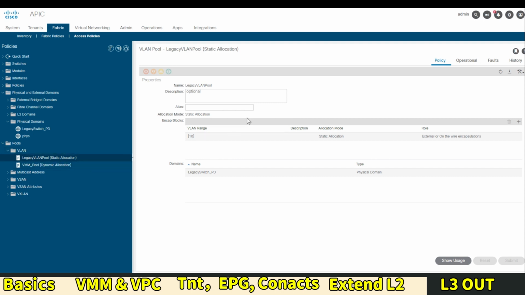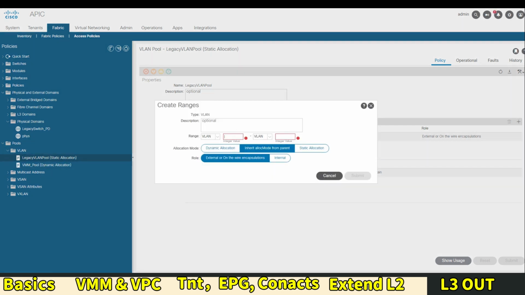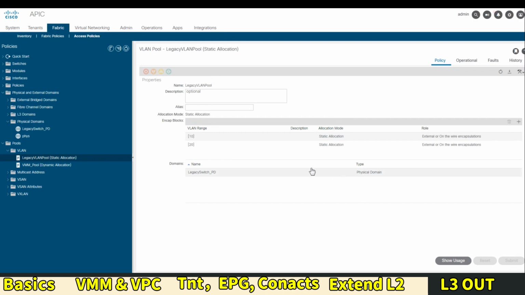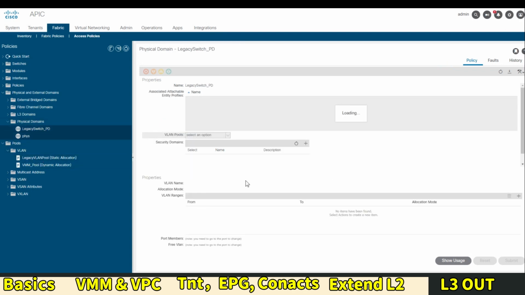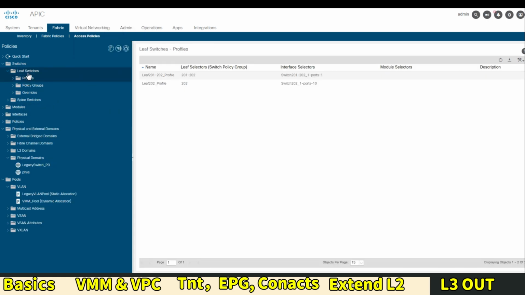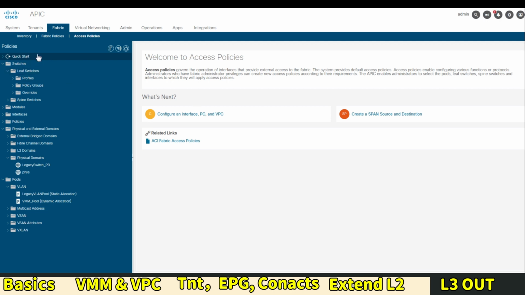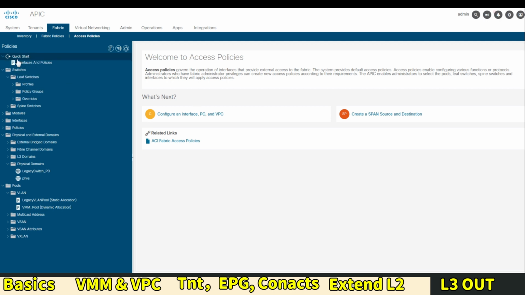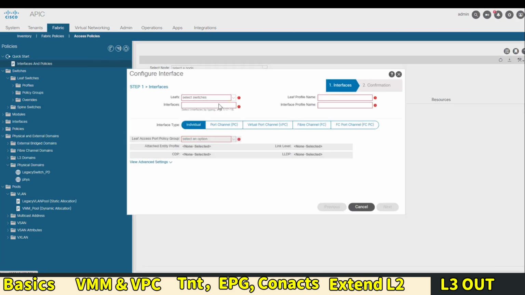Adding VLAN 20, static 20. Next, go to quick start, create an interface, pick the switch,